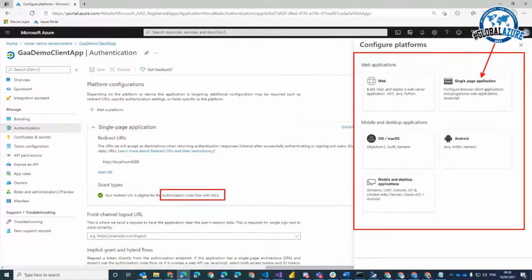And this PKCE stuff makes sure that if somebody gets his hold on the code, he cannot misuse the code, because there is an additional code verifier which the app sends to Azure Active Directory and has to resend when getting the token. It's not perfectly correct because one is the hash and one is the code, but we will not go